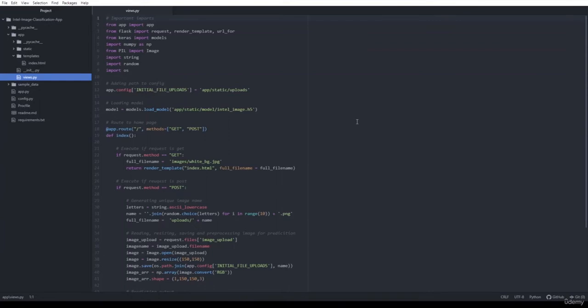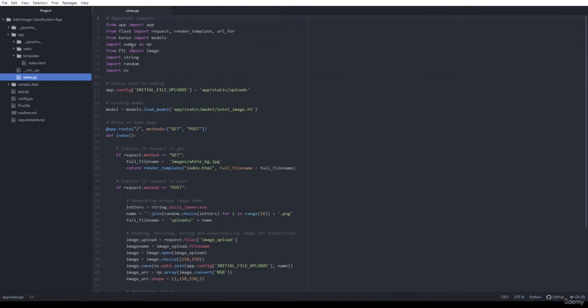So here we'll see what are the important libraries, important imports we are using here. So here you can see that from Flask we are importing request, render_template and url_for. We are using models from Keras because we need to load the model that we saved in our Google Colab. We will call that model here for prediction.